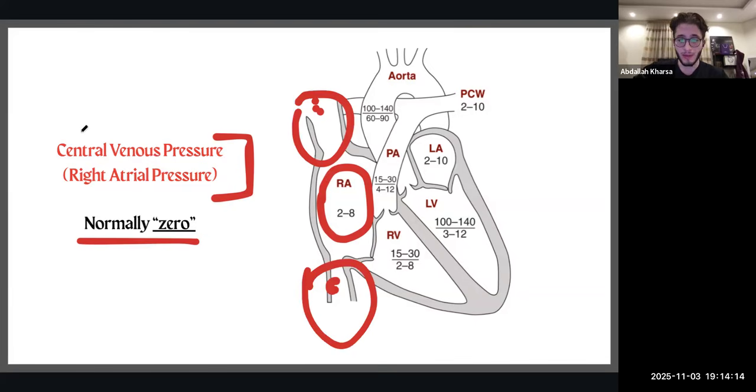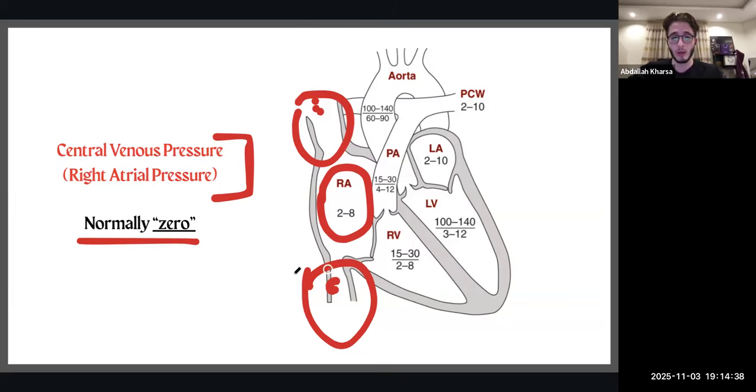They're sometimes regarded as the same thing, which is the case for Dr. Muni's in hemodynamics. So I want you to consider central venous pressure being the same thing as right atrial pressure since they're so close to each other, and the normal being 0, because that's what it says in your slides. Okay? But just so that you don't get confused when you go and solve questions or whatever, because practice